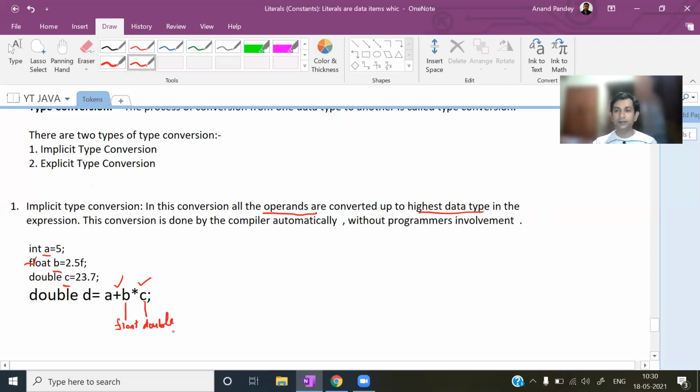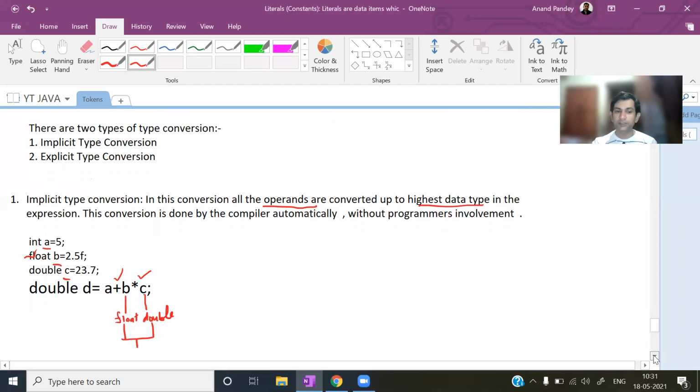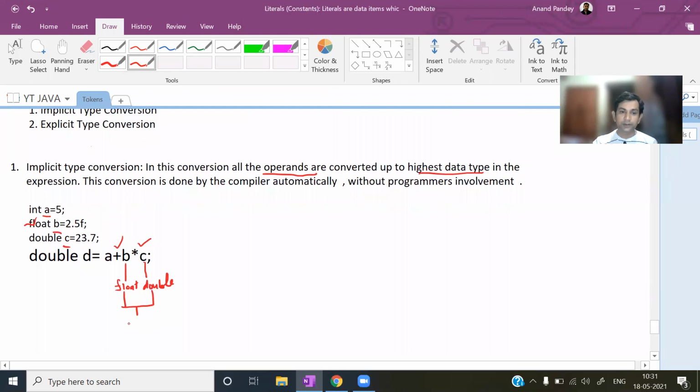Double is greater, bigger than float. So before multiplication, both will be converted to double. This will be done automatically, from lower to higher data type. Before multiplication both are converted to double, and the product of this multiplication will be of double type. It happens step by step, operator by operator, following operator precedence. So here you'll get the result in double form.